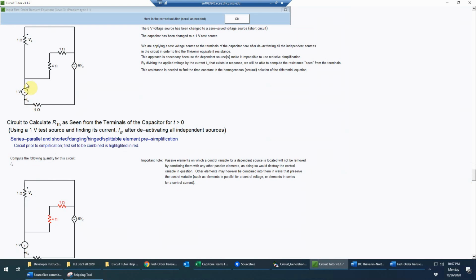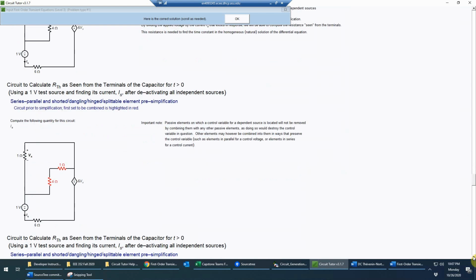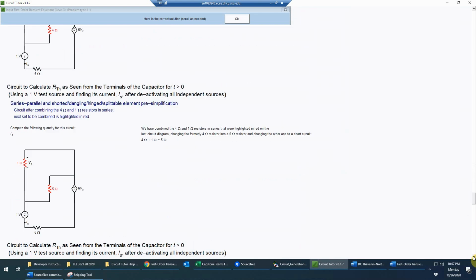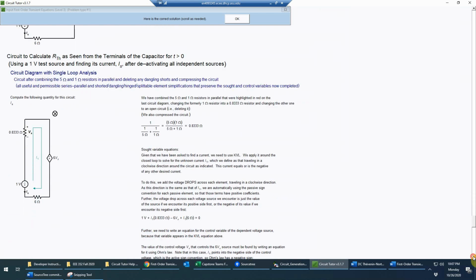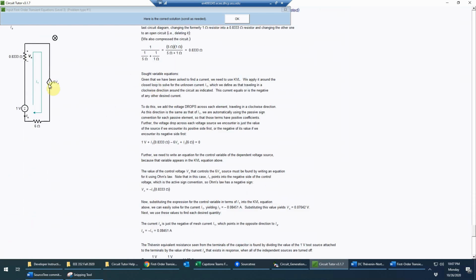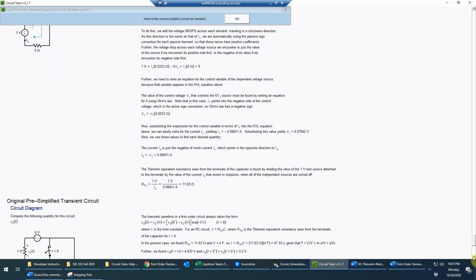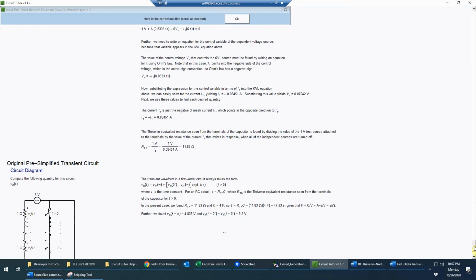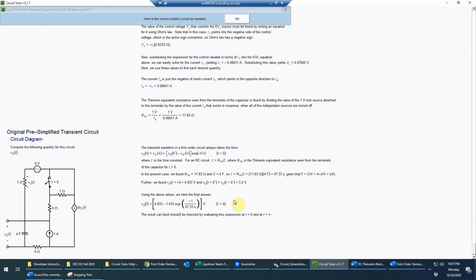You know that when you use an ohm meter in the laboratory, the red and the black leads don't matter when you're measuring resistance, because it's still going to measure a positive resistance. So it just simplified that. It combined them in parallel as we did, got the single loop circuit, and did the same type of analysis basically that we did. And so in this case, it doesn't really matter that much, I guess, whether we used a current source or voltage source. But basically, it computes the R Thevenin, gets the same value that we got using a current source, as it should, and then it just plugged it into the final